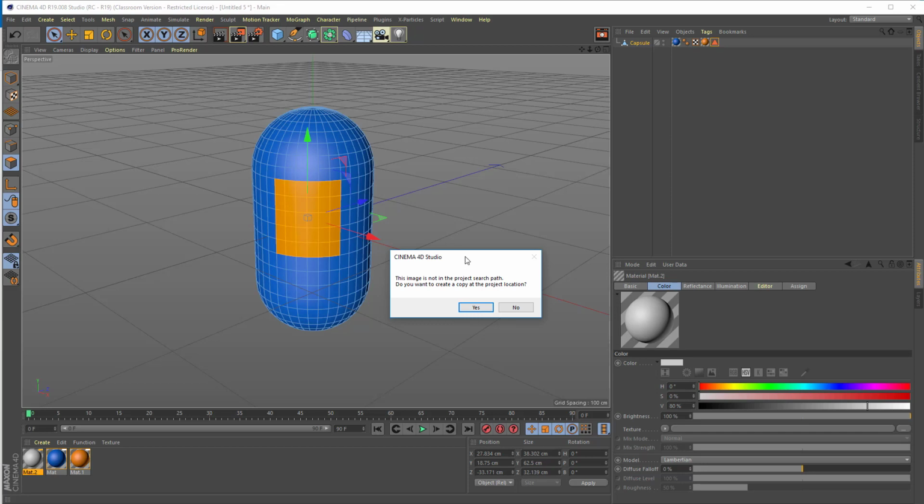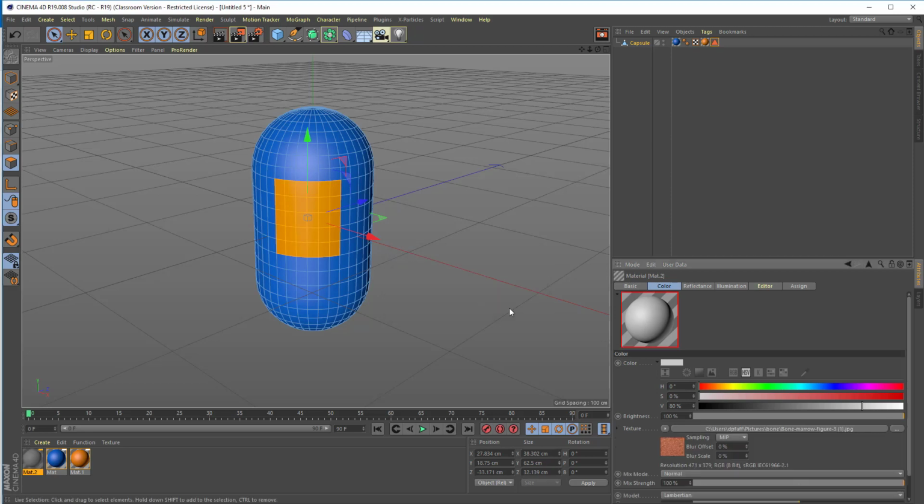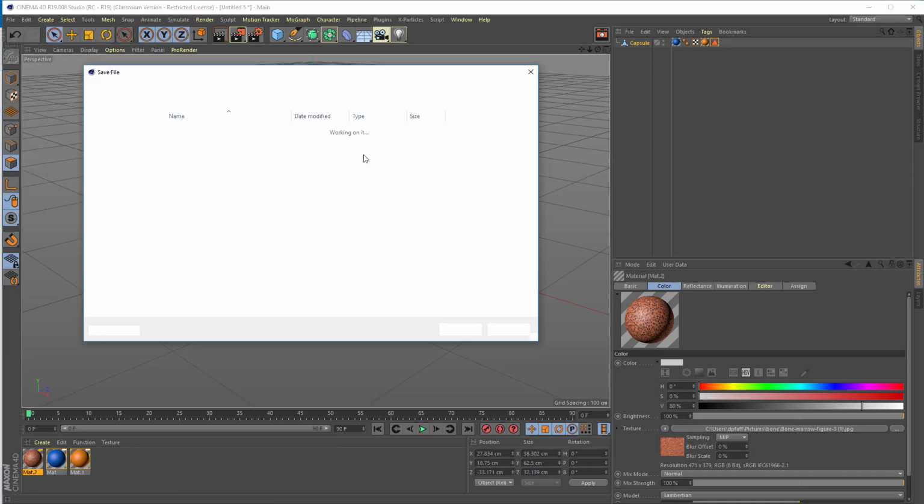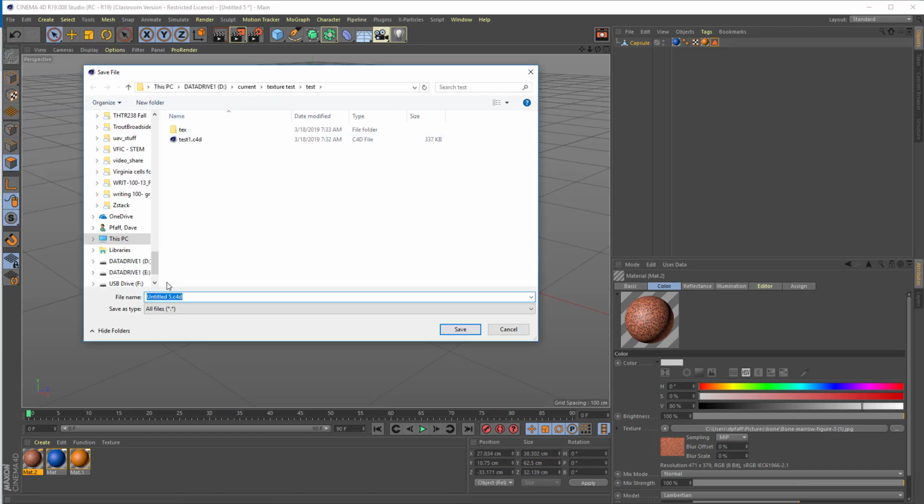It's asking me, do you want to put this picture in the search path for Cinema 4D? If you don't have your object saved, this won't work right. So I'm gonna click no, and I'm gonna save my file. So I'm gonna hit Save As, and I'm gonna call this Test 2,